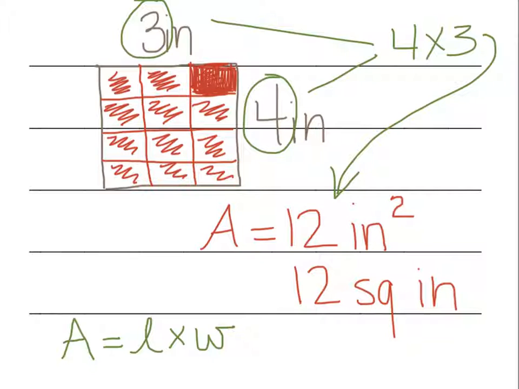Again, remembering we are actually counting squares, so it is 12 square inches. The formula for area is length times width. So again, with the formula being area equals length times width, and remembering that our answer is always going to be squared,